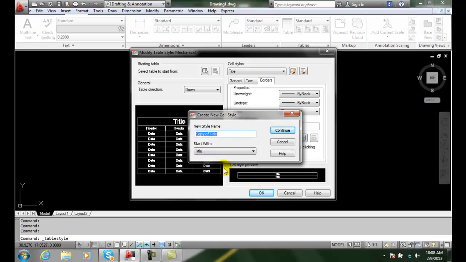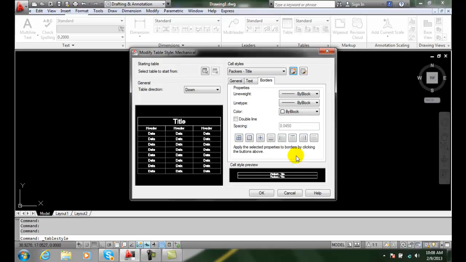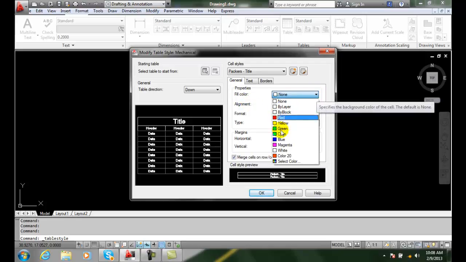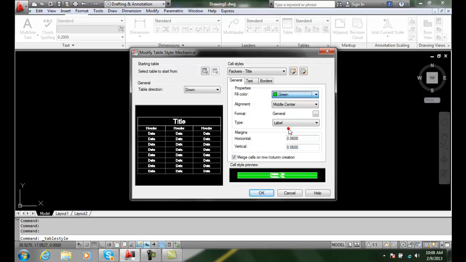I'm going to call this one Packers title, like Titletown, USA, right? I'm going to continue, and now I'm just going to go in the general and the fill color. I'll put it in as, say, green,